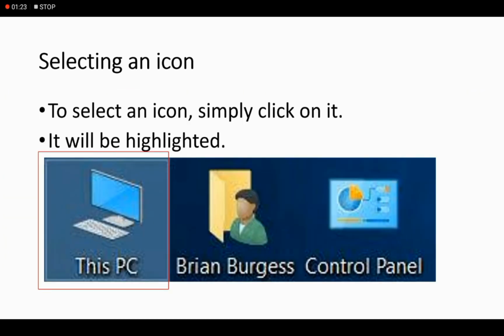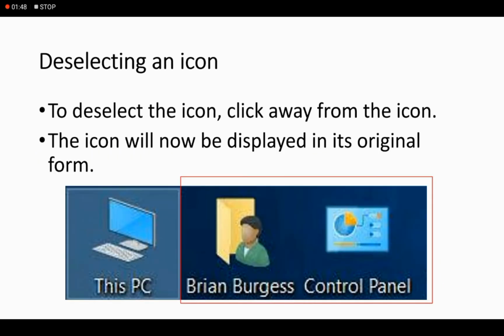Selecting an icon. To select an icon, simply click on it and it will be highlighted. As you can see, the first icon is highlighted with a light blue color. So it is a selected icon and all the other two are deselected.